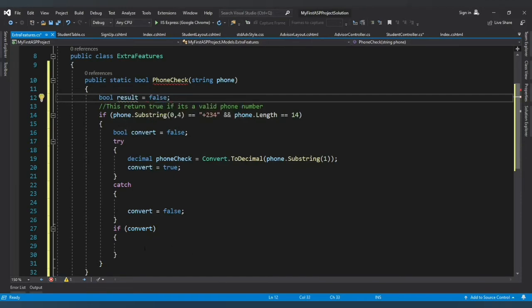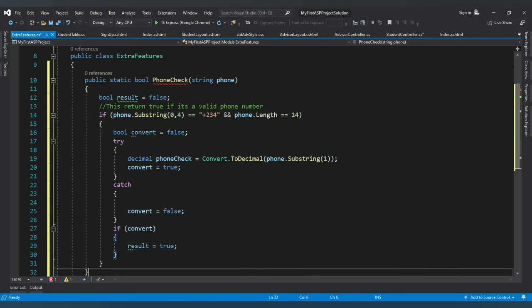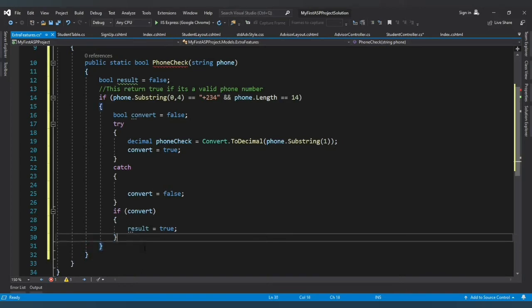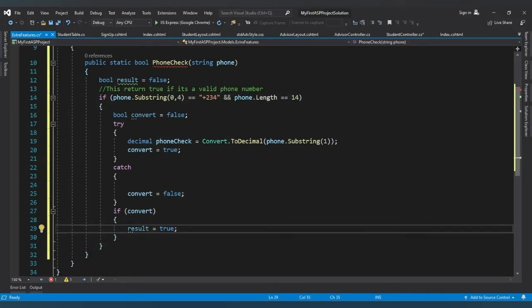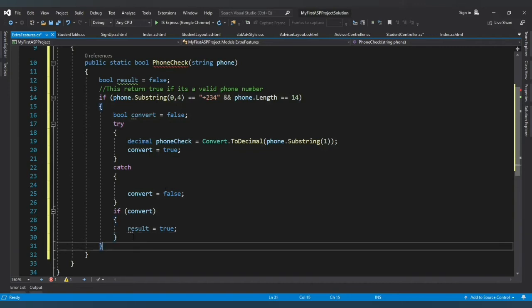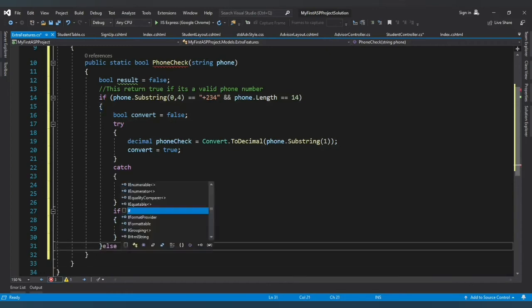If it's able to convert, then result becomes true. You don't need to put an else. So this would be else if,